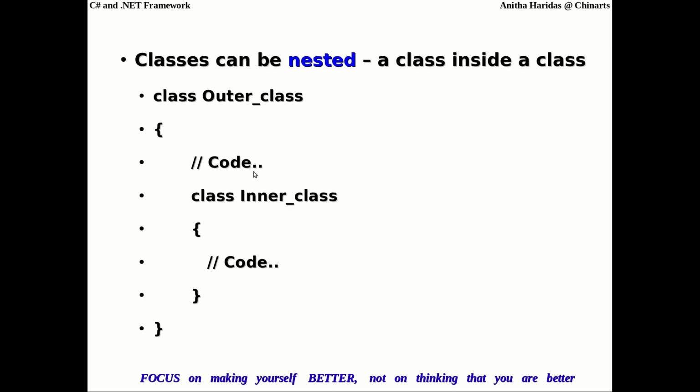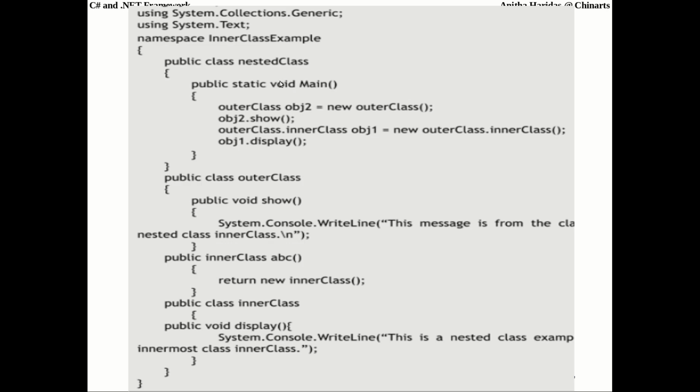So this is another slide that shows that your classes can be nested. Say for example, you can declare a class inside a class. Let us assume this is an outer class and inside it I am again declaring a class. This is possible in your C# programming. And there is an example program given. You can just go through. Observe here, I am declaring an outer class. The outer class has a method called Show, and it has another class, the inner class, which is again declared with a Display method.